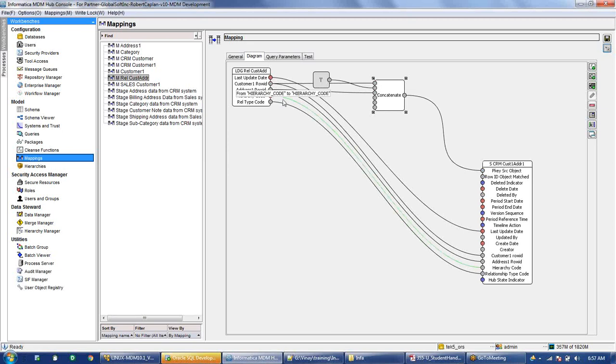In this relationship table you will have the hierarchy code and the rel type code. Again, the same way, we can either add the columns here and map them, or we can